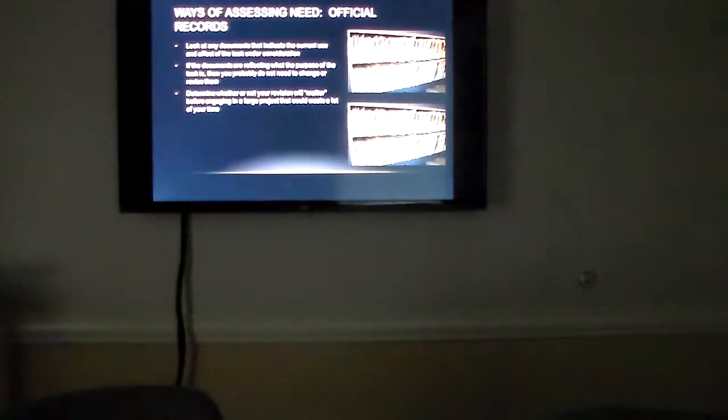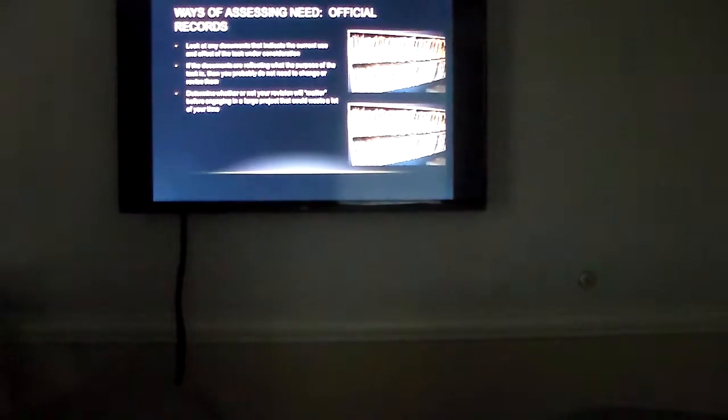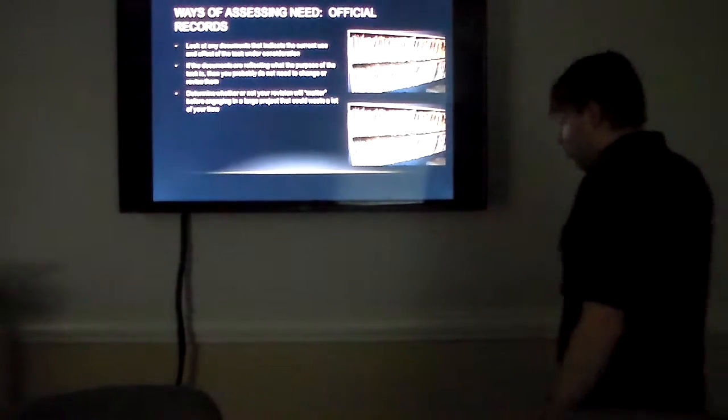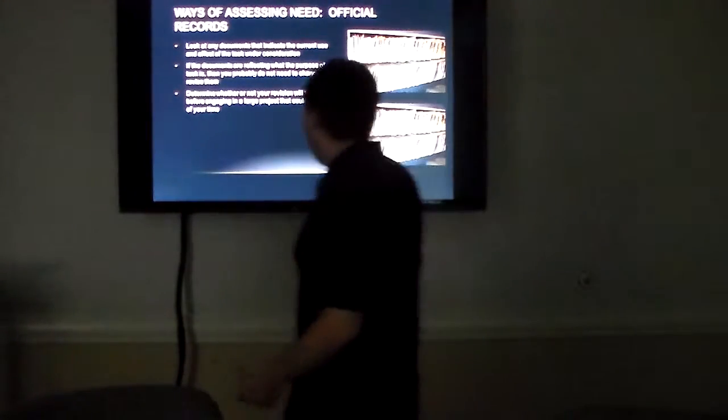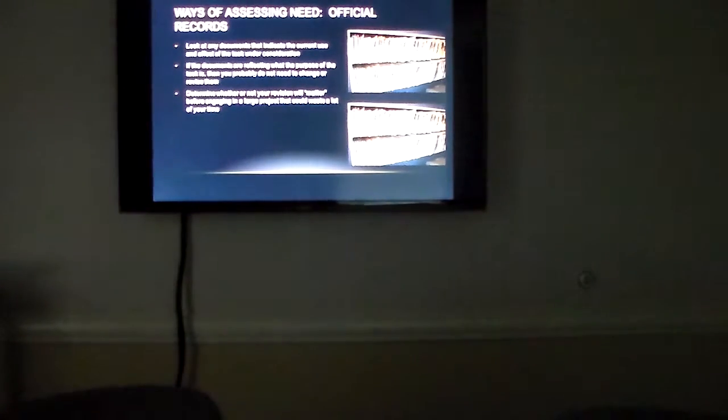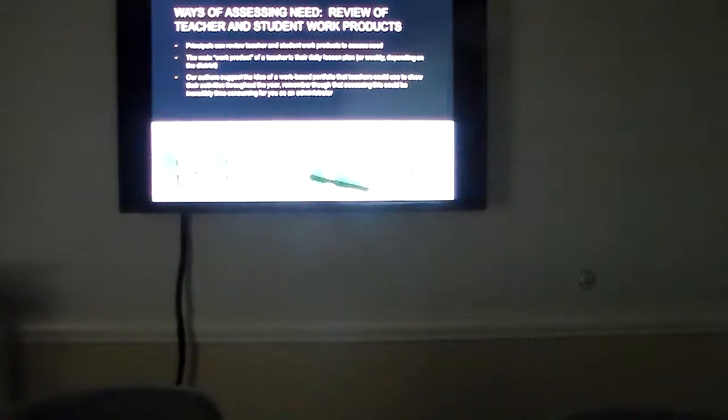Any documents you give have to be used if they support the task under consideration. If you observe a teacher with a specific form, in a unionized state, you need to show them that form. So understand what the purpose of the task is and fit documents along those tasks. That's the Sullivan Chapter 3 that we've talked about. That's a big idea. So, reviewing teacher and student work products,